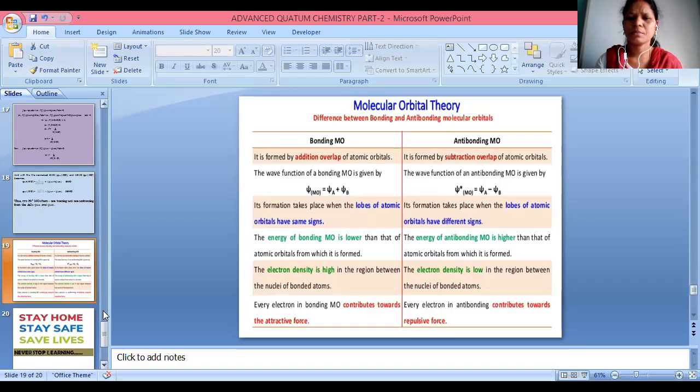In the next class, I'll talk about Huckel molecular orbital theory. And if possible, if classes are conducted, I'll discuss some problems directly. I think they will conduct classes for some 10 days or a week, and only then will you go for the exams. So in that time, if they conduct classes, I'll try to solve some questions. If possible, I'll send an assignment separately. You can solve that; that will be a great help.